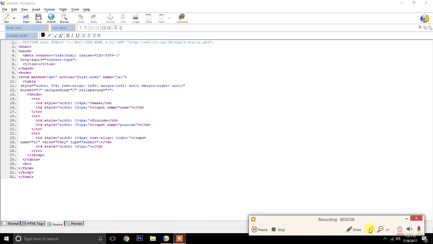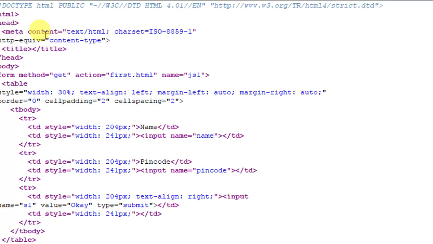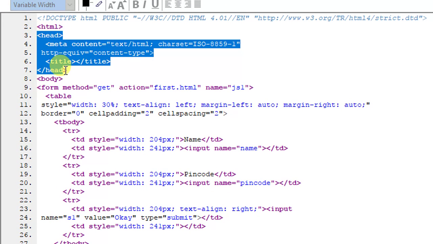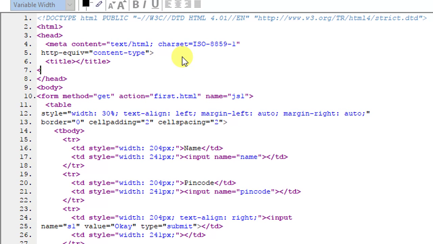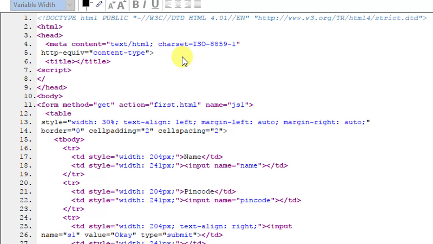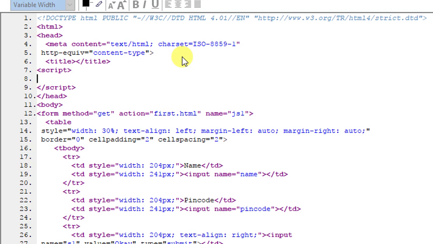We have to find the head element, which is over here, and after the title element you have to write your script tag, which tells your browser that I have added a script, and it will be interpreted as a script. Now whatever JavaScript code we need to write, we have to write in between these two tags.